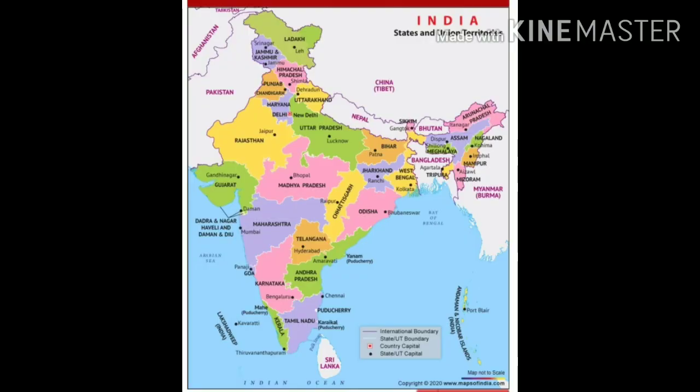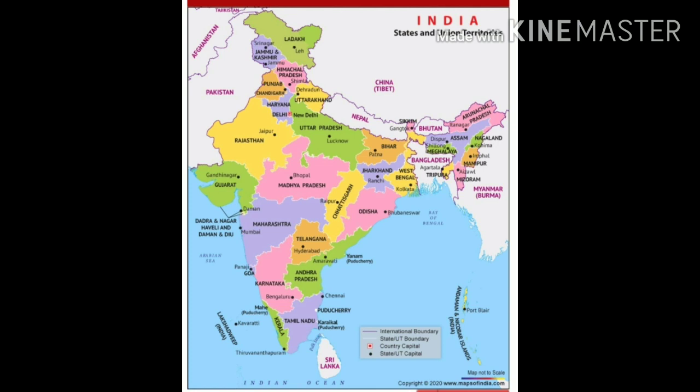So now let's go to another subheading, that is India's neighbors. Now India has 28 states and 9 union territories, after the bifurcation of one state, that is Jammu and Kashmir, into 2 union territories, one is Ladakh and the other is Jammu and Kashmir. Listen, in your book it is written as 29 states and 7 union territories. You have to correct that, okay?